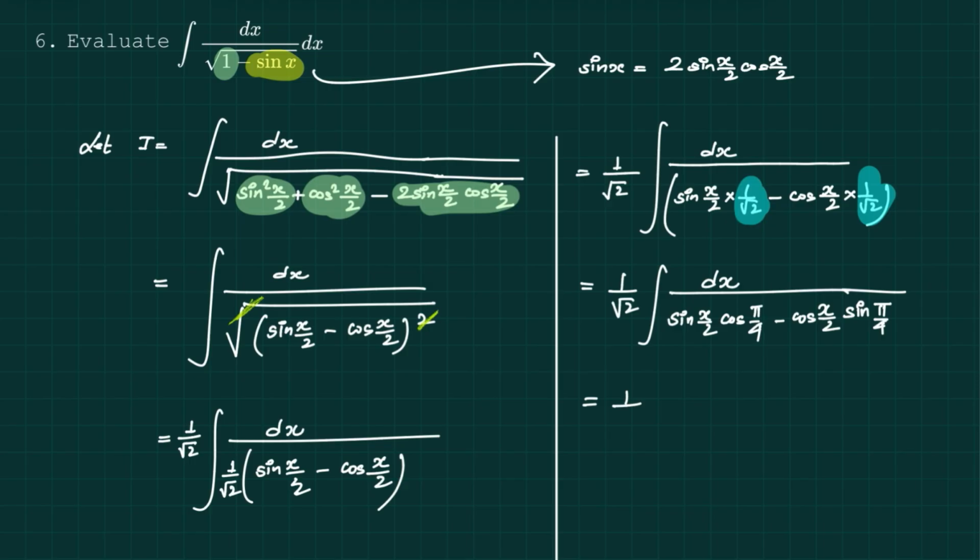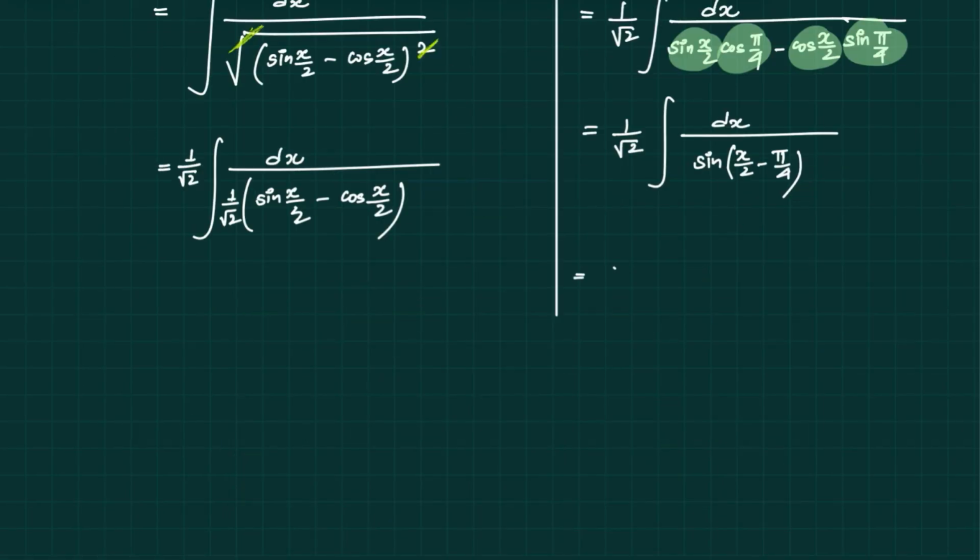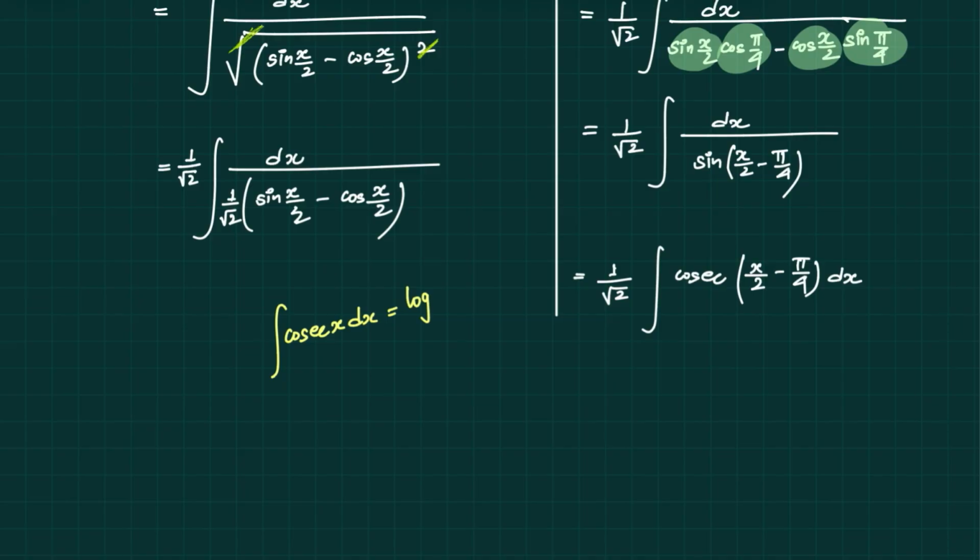So this equals 1 by root 2 integration of dx over, now this denominator is in the form of sin A cos B minus cos A sin B, which is equal to sin(A minus B). So it equals 1 by root 2 integration of 1 by sine, which is cosec. So here we will write cosec(x by 2 minus pi by 4) dx. And since the integration of cosec x dx is equal to log of tan(x by 2), so this equals